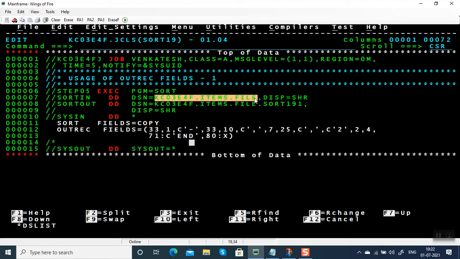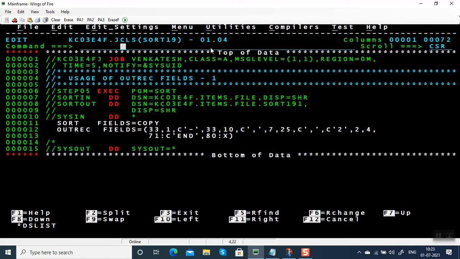See here we have an items file which we are going to create an output file using outrec fields. Here we have a couple of parameters, sort fields and outrec fields. Out of these, sort fields will execute first, followed by outrec fields. In outrec fields, we have given starting portion comma length. The starting portion of the input file is given here, and this is the length. Okay, if you give colon, so whatever number you are mentioning before colon is the starting portion in output file. And whatever we are going to give in outrec fields is starting portion of input file.